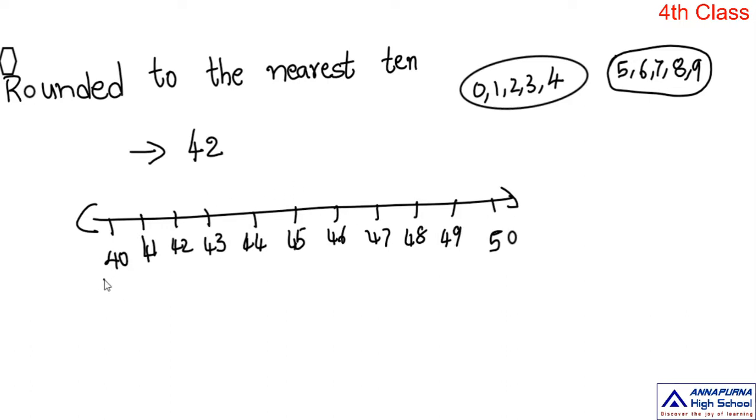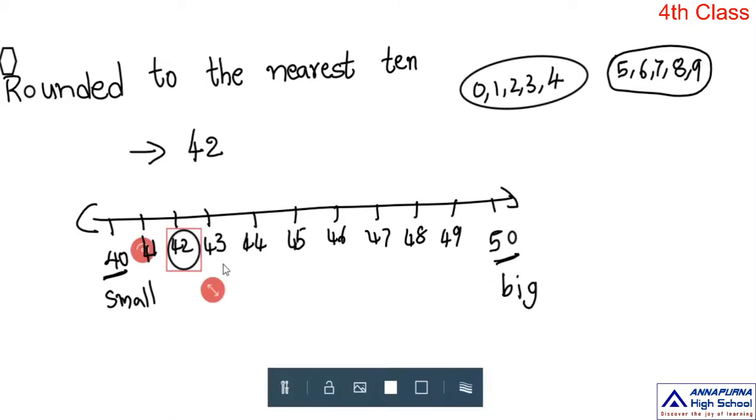What are those two tens? 40 and 50. Here 40 is the small number and 50 is the big number. So observe, where is 42? 42 is here. And it is nearest to